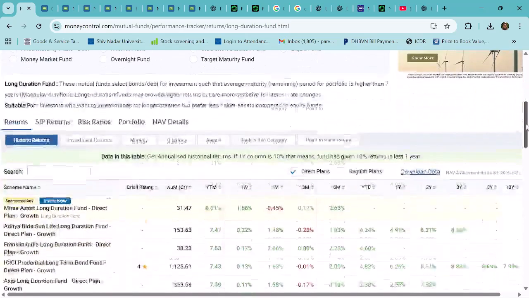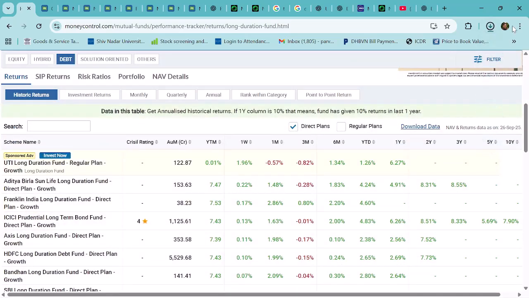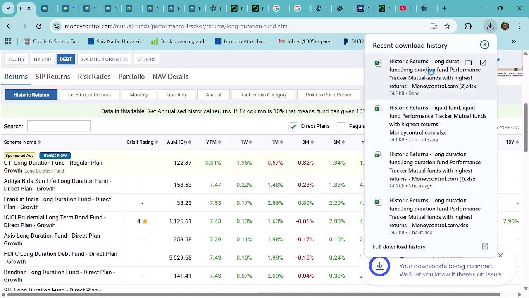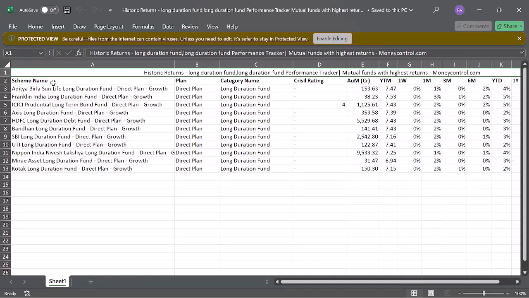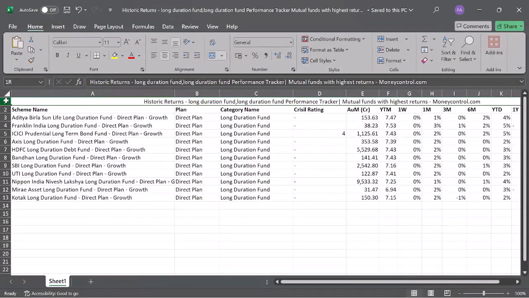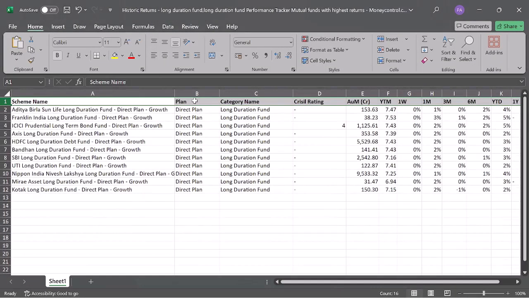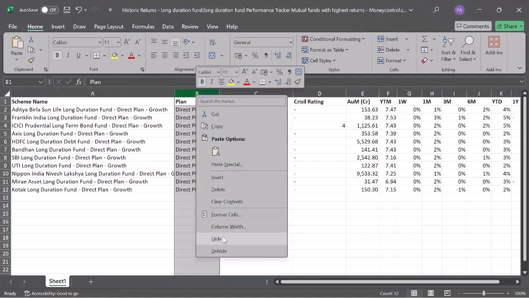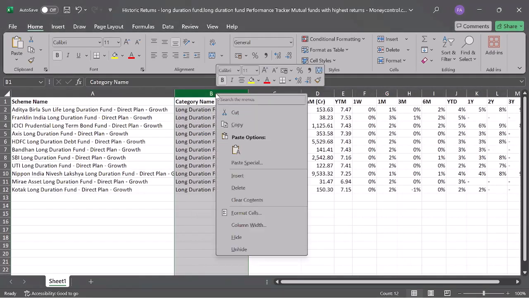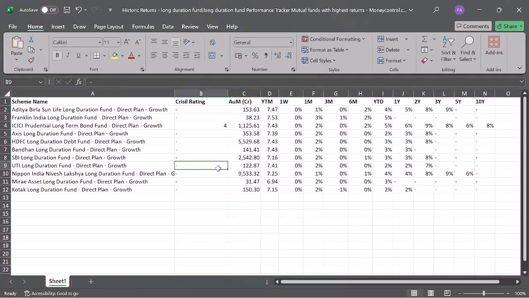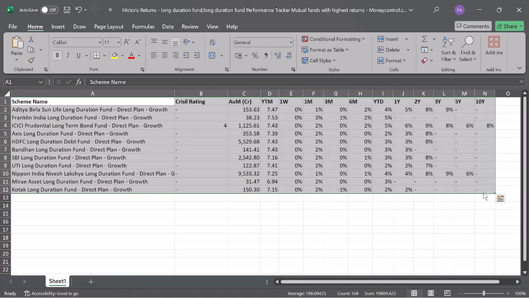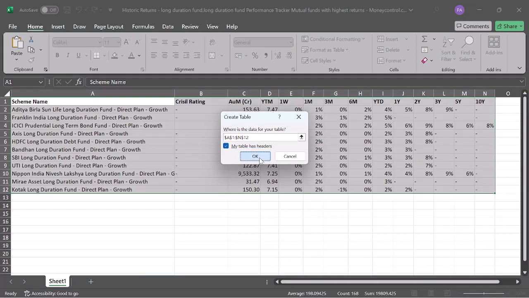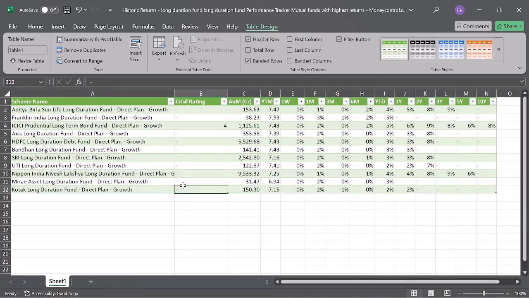So just let's see these funds. Okay, let's download the last thing which we are going to do and see. These are riskier because if the interest rate goes up, then you are going to lose money. Okay, fine. So what I'm doing is I'm just going to delete. And this is long duration. Delete. This is long duration. Delete. Okay. And this is Control T. I could change here. Just have a look here.